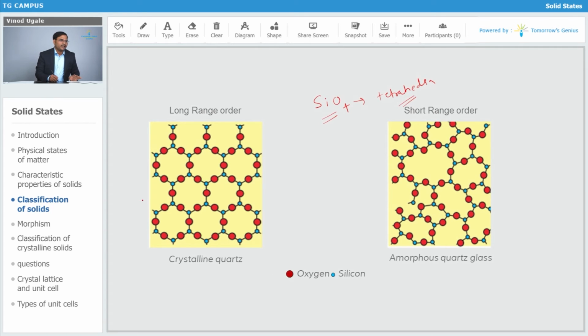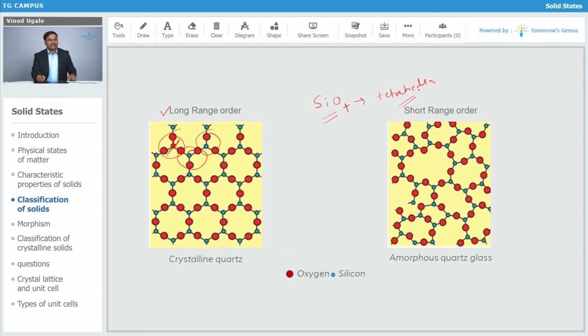We can see over here, this is one tetrahedra, that is our silicon bonded to 3 oxygen atoms. One of the oxygen atoms is behind the diagram that we cannot see over here. So this is one tetrahedra attached to another tetrahedra. They are attached together, and we can see that the definite arrangement of particles is repeated for a longer distance. Periodically it is repeated for the longer distance. Overall the crystal will have the same arrangement. That is called long range order.